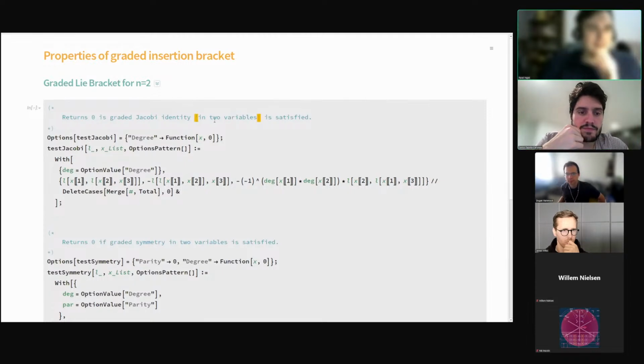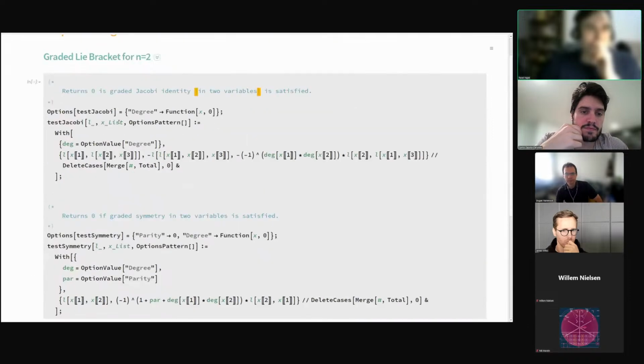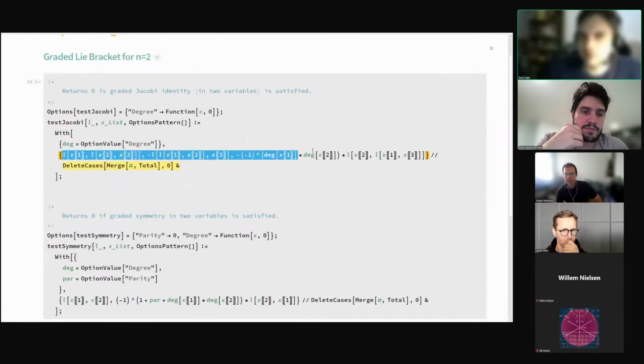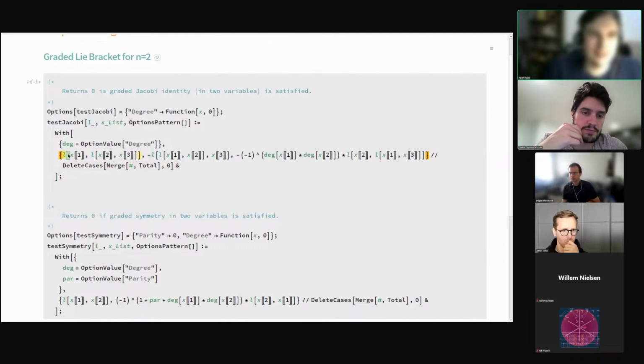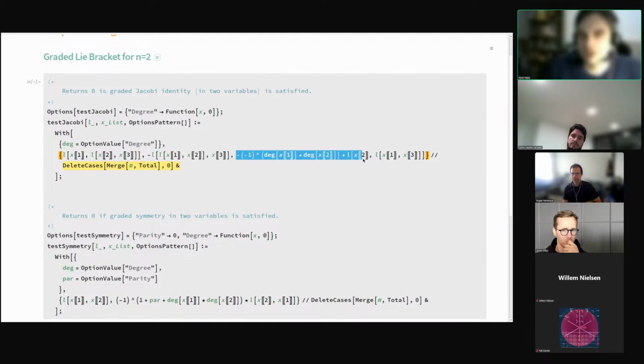And basically, if you don't know the relations for the Lie bracket, you can decode them from this Mathematica code. L is in this case the bracket, and X is the sequence of inputs. You are basically applying the bracket to X1 and to the bracket applied to X2, and so on. And this is the sum of terms, and there are three terms. There is this term, then this term, and then this term, which in the graded case acquires an additional sign. And the sum of these elements has to be 0.